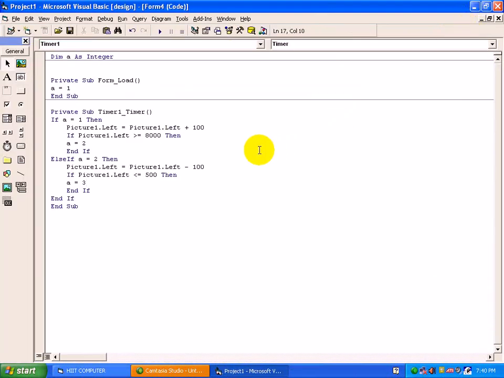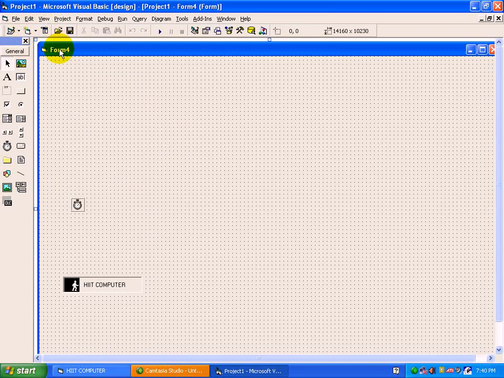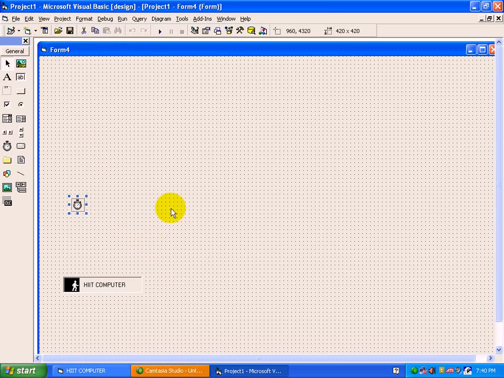So with the help of the left property, we have seen how to scroll the picture in both directions using the plus and minus sign. In the same way you can move the picture top plus 100 and top minus 100. Just change the code. Wherever you have typed left, change it to the top property. So it will move in the top direction, up and down.